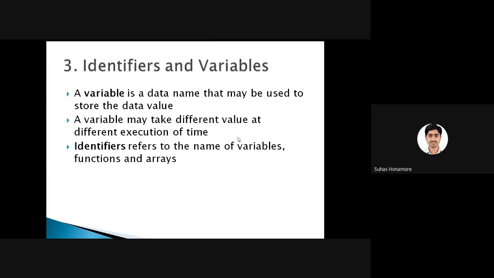Okay, so that variable value you can change whenever you want. So with respect to a system, what we'll say is a variable may take different values. In mathematics, you used to write different values for the same variable; you used to update it or assign it different values. So here, with respect to a system, a variable may take different values at different execution times. What is execution time? It is nothing but after some time, some statements you executed.